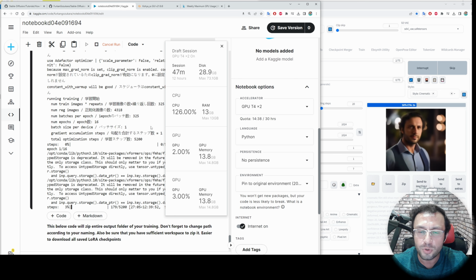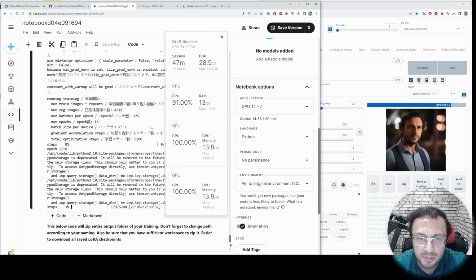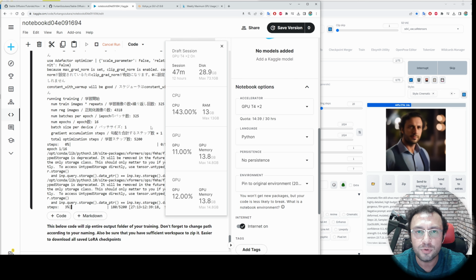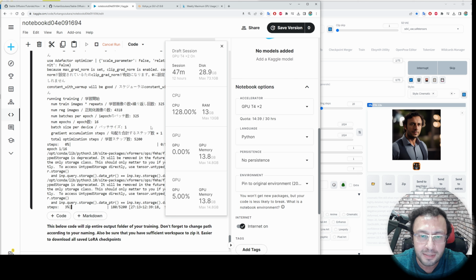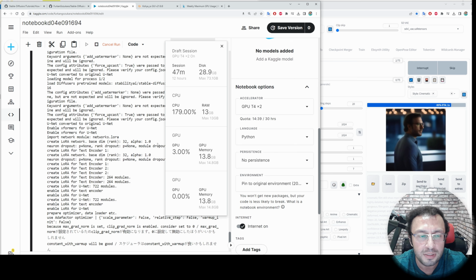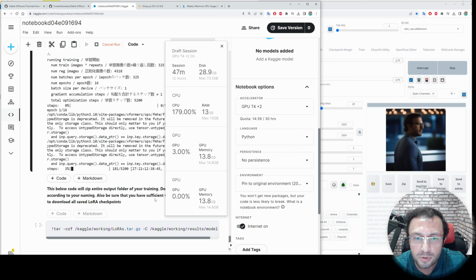So let's say you have a computer that can run Automatic1111 Web UI, but you can't do Stable Diffusion XL training. You can do your training on a free Kaggle account. Then you can use your trained LoRA files on your computer. So this is the tutorial you were looking for if you don't have a strong GPU.